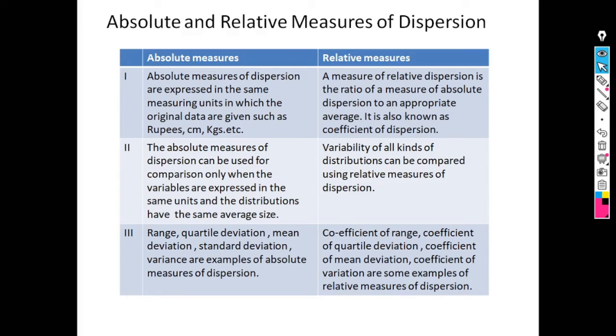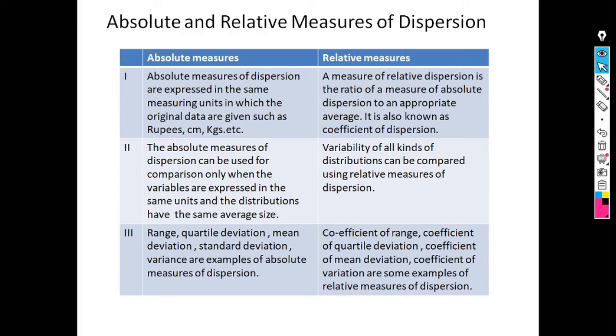For example, for a group of persons, if we want to compare variation in height and variation in weight, height may be in centimeters and weight in kg. Therefore, the comparison is not possible until a unitless quantity is available, because height is in centimeters and weight is in kilograms. So we cannot compare those two data.